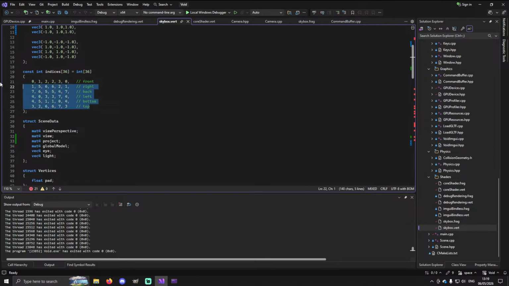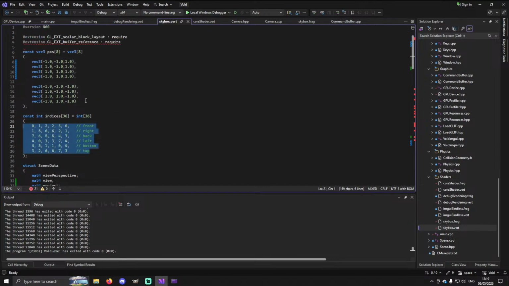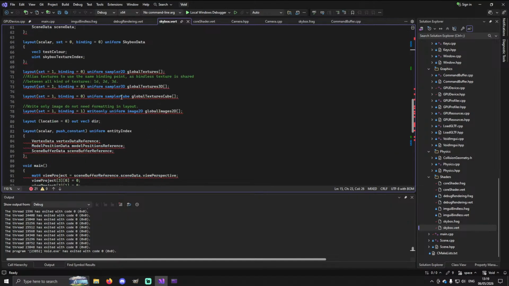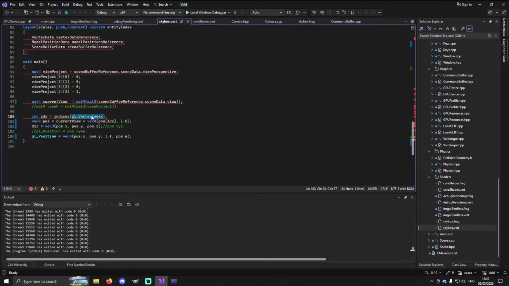These are the indices of a cube if you use these vertices. So that means we don't have to do index drawing. We can just call this and say the total number of vertices is 36, and then we just plow through each vertex